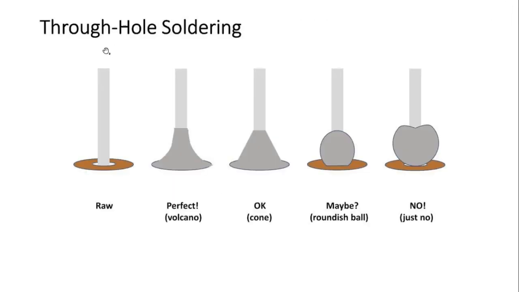Now, soldering a through-hole component is also important. It is usually done by hand. It's a manual process because doing it by machine is not easy, since these leads may bend and may not insert properly through the hole. And when we do soldering, the shape indicates the quality. Usually, the volcano or cone shape is good. The rest of the shapes indicate dry soldering or improper soldering.